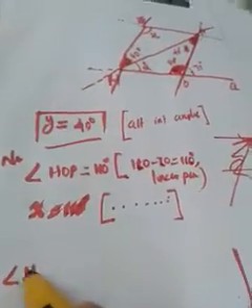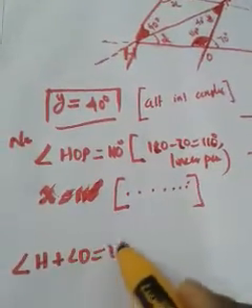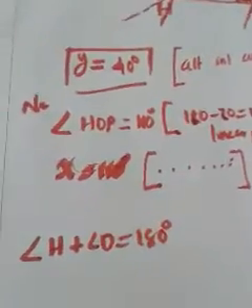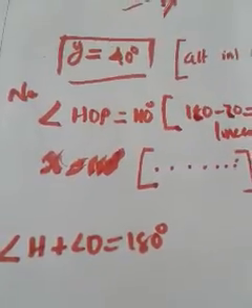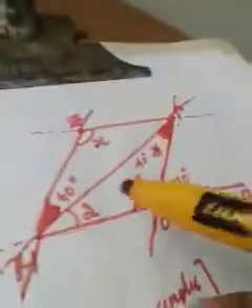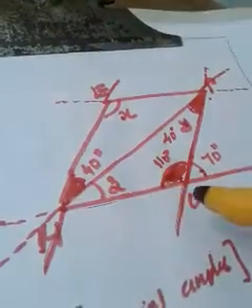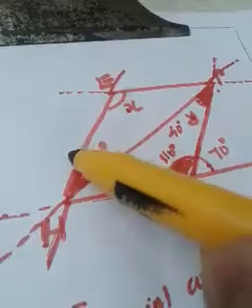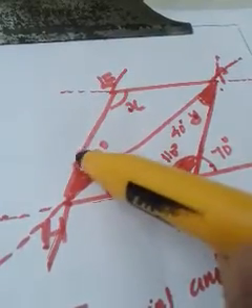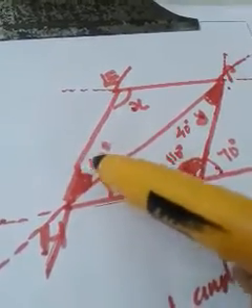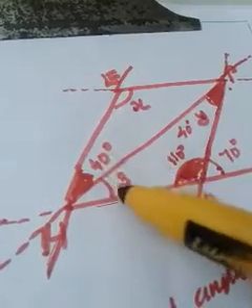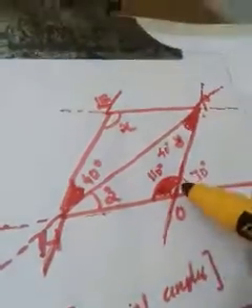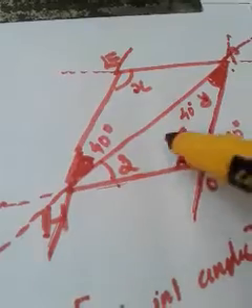See, can I write angle H plus angle O is equal to 180 degree? Can you give me the reason why I have written like this? Why have I written angle H plus angle O is equal to 180 degree? See, angle H means this total angle, the complete angle. Angle H means this complete angle plus angle O. Angle O I mean this angle, 110 degree.